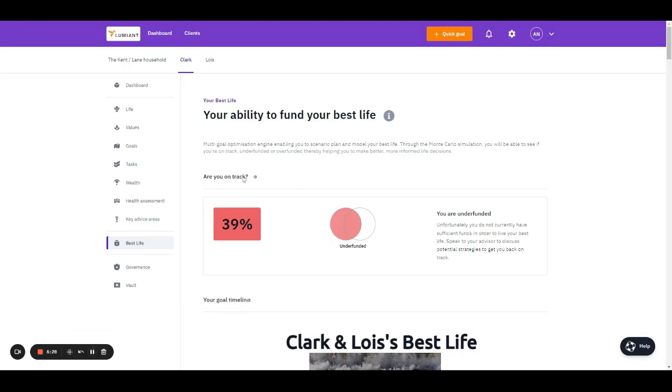So here we have our projection score. The on-track score represents the chance a client has to make life expectancy with money left over. The score determines if you have enough income or assets to cover your living, retirement, and goal expenses between now and life expectancy. The results show that the client has a 39% chance of meeting their retirement goal, and